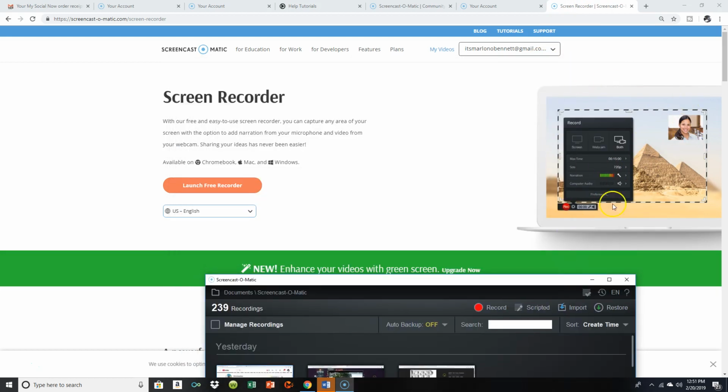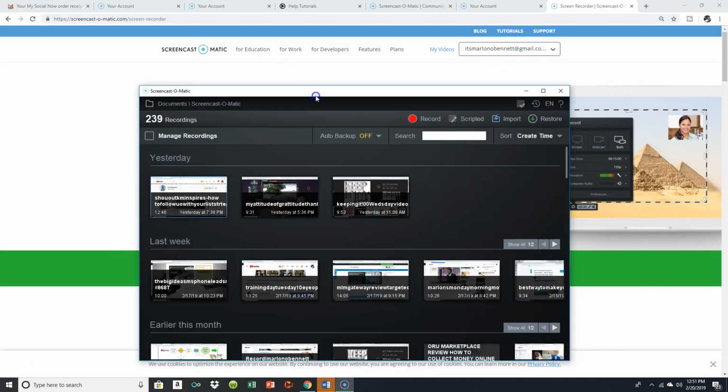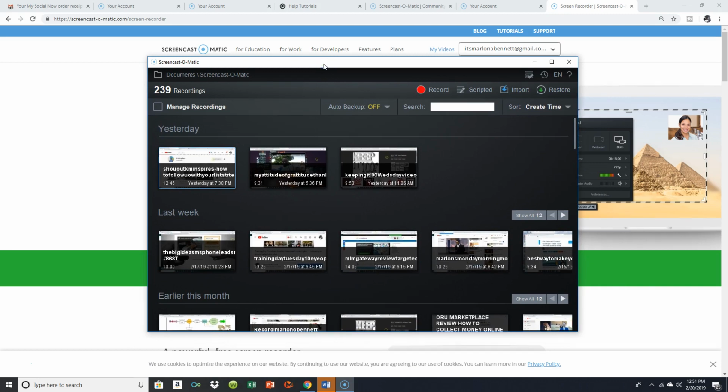Right? While I'm recording, I can also have my picture. You guys see over here on the right where I am? You can just do the screen right here. This is when you open up the actual recorder. You can just do the webcam where it's just you on the actual screen, or you can do both, right? So what you're able to do with this simple piece of software is amazing in terms of recording your own